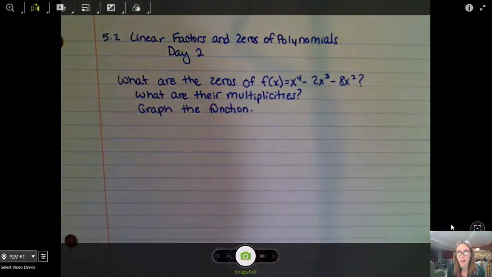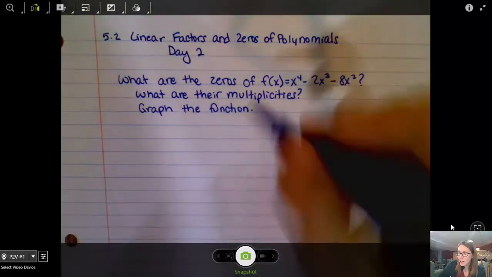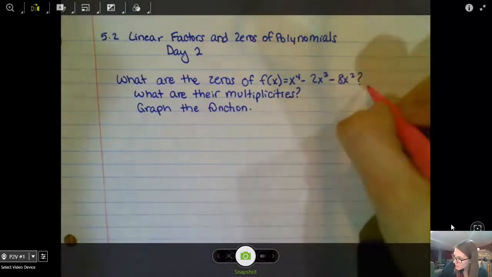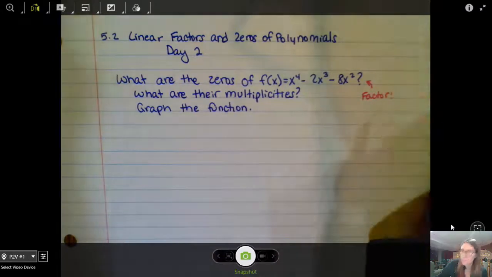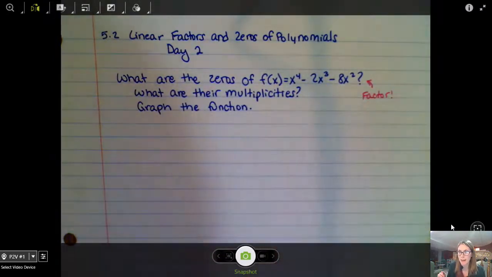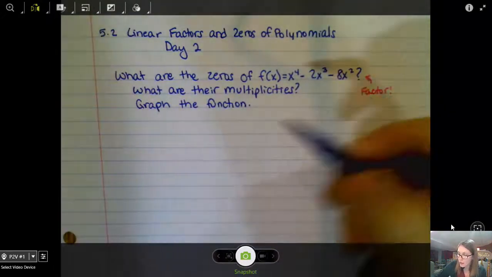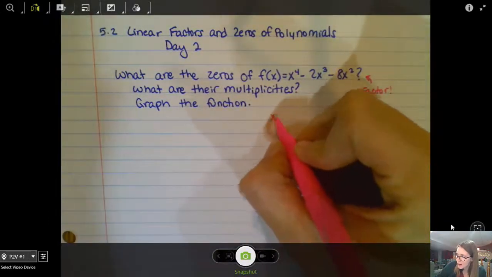All right, so we have this question, we're finding our zeros, and that process is the same as what we were doing the first day of section 5.2. To find our zeros, we need to factor. So looking at x to the 4th minus 2x to the 3rd minus 8x squared, I notice that all of these terms have an x squared in common. Okay, so I'll stick with my pink here. Factor out my x squared,